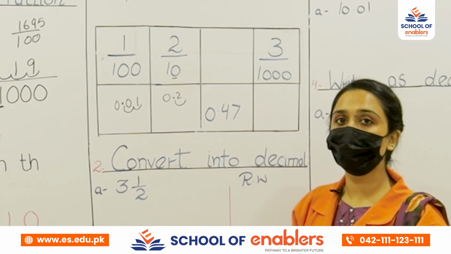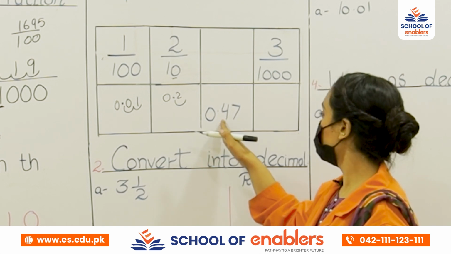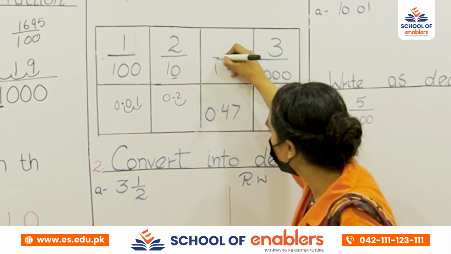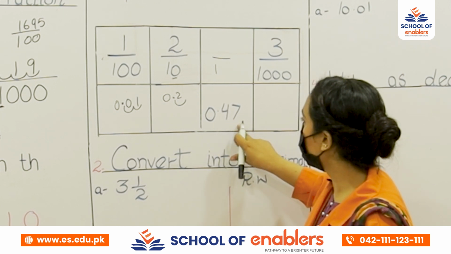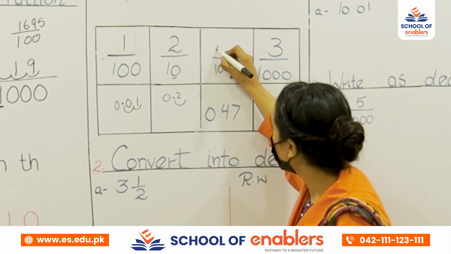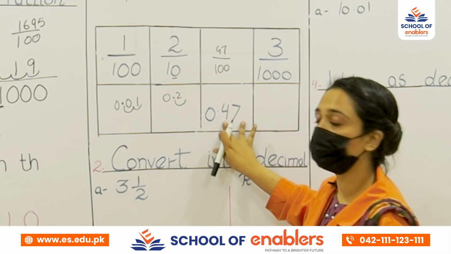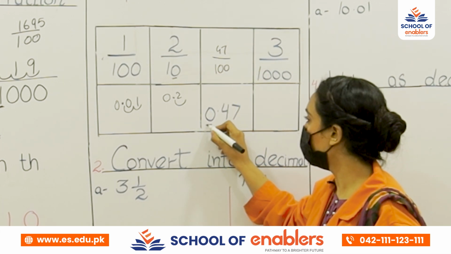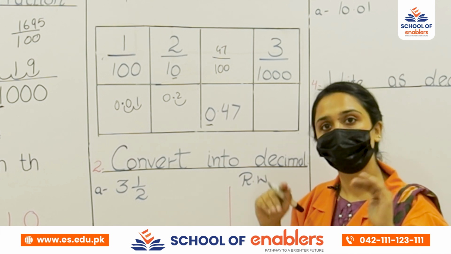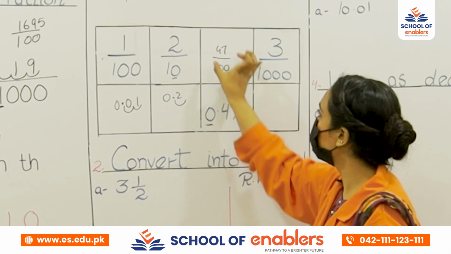As I told you before, in place of the decimal we have to put 1. So we will place 1 in the denominator, and then how many numbers do we have? 2. We will add 2 zeros with that 1 and we will write 47, just 47. The 0 before the point has no value, so you only have to write the number 47 here.